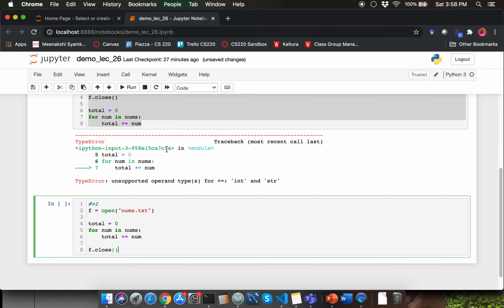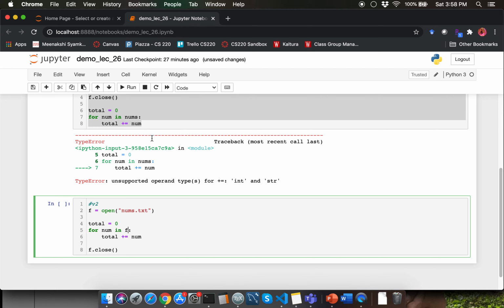Right, so we need to change this nums now, correct? What will we have to use in its place? Recall that you can just use the file object itself. Why is that the case? The file object is an iterator, so you can use a for loop on it because iterators are iterable. So when you run the for loop, every time you are going to call the next function implicitly. That's what happens whenever you run your for loop.